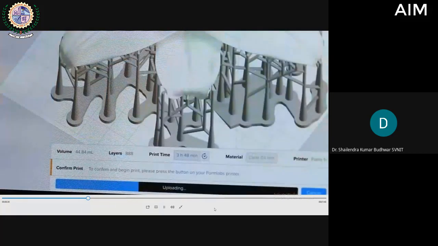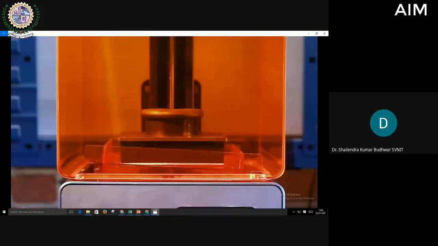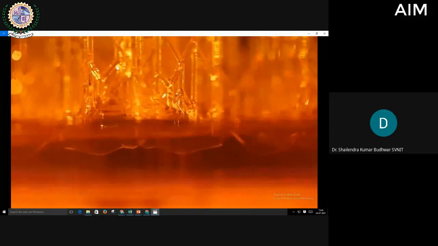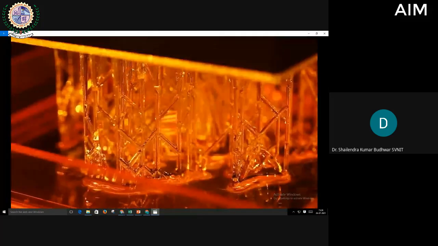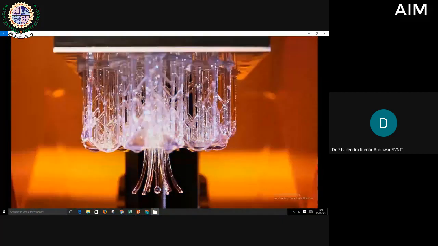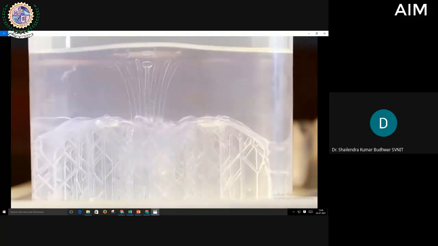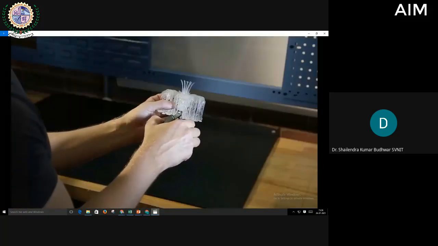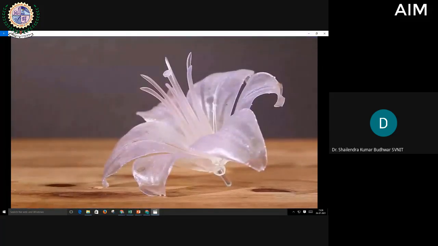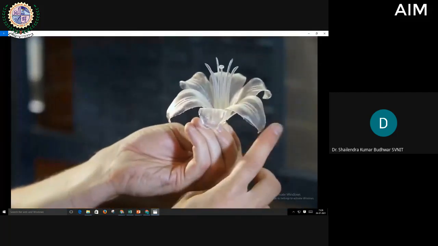To start a print, we'll upload a file and fill up the resin tank to the indicator line. You can see the laser passing back and forth inside, hardening the liquid plastic. We'll take our printout and wash it in rubbing alcohol to get the excess resin off. The flower comes with supports on it, and we'll snip them off to finish the piece. Stereolithography is known for producing extreme detail with layers down to 4 times finer than a human hair.